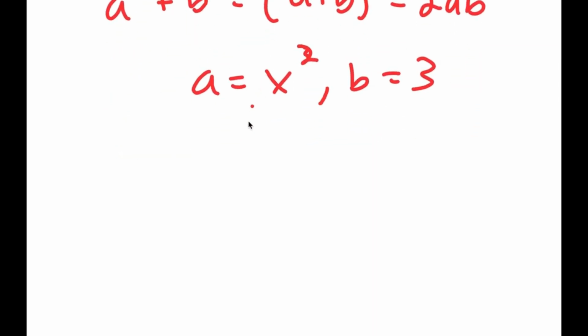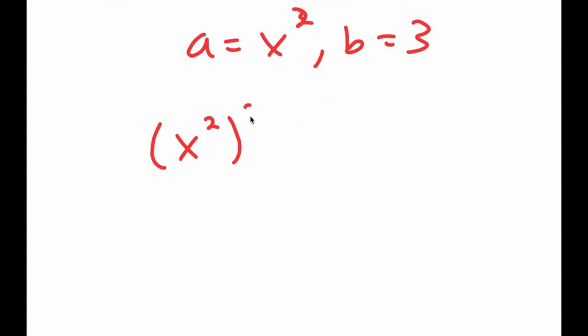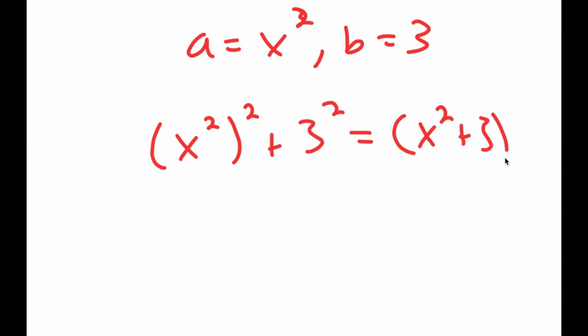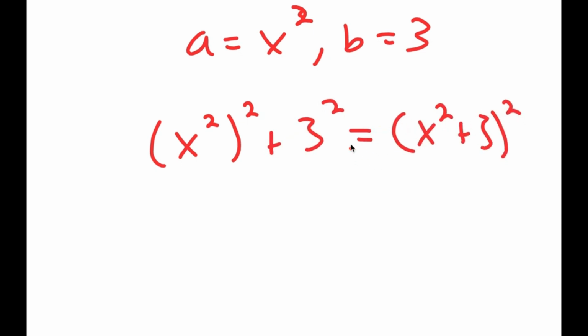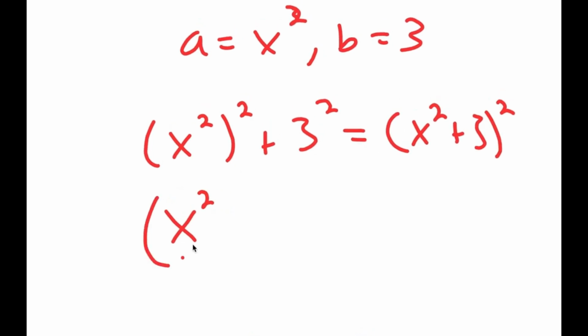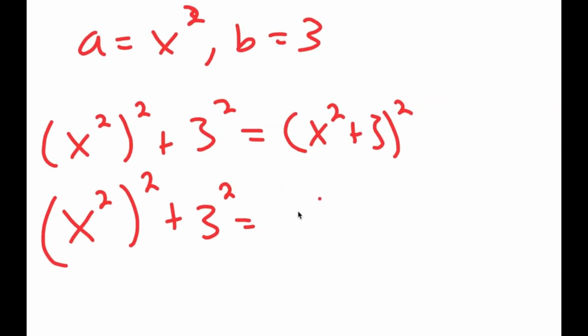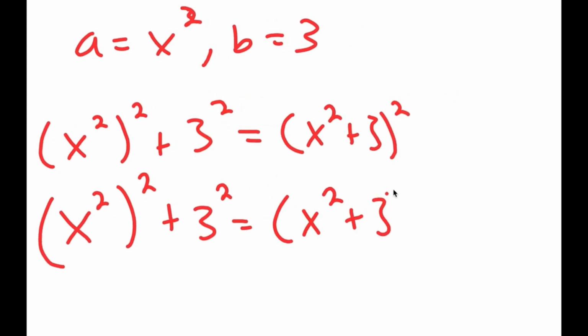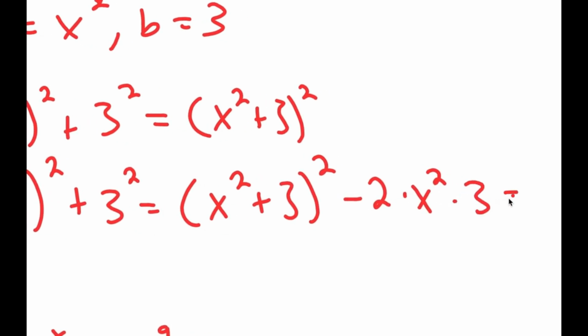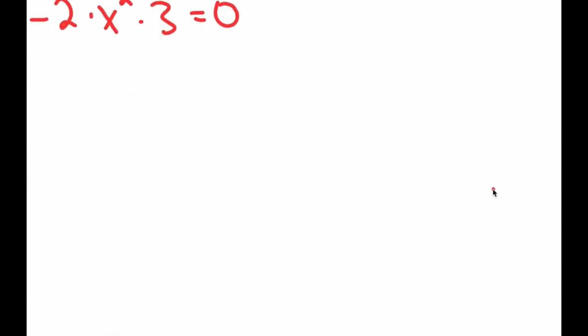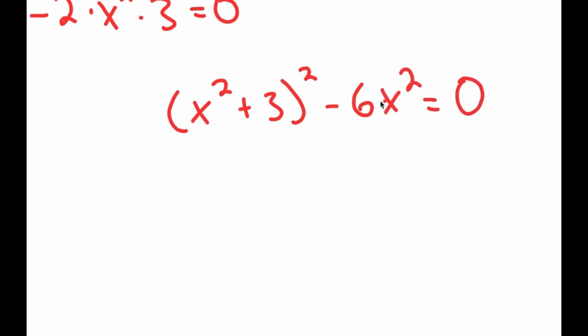Going back over here, I get x squared to the power of 2 plus 3 squared is equal to x squared plus 3 squared minus 2 times x squared times 3, which is equal to 0. So now from here, I get x squared plus 3 squared minus 6x squared is equal to 0. And